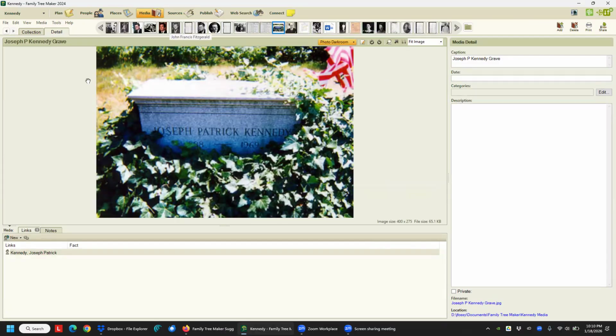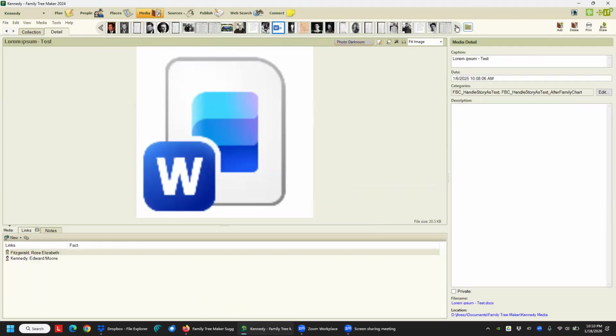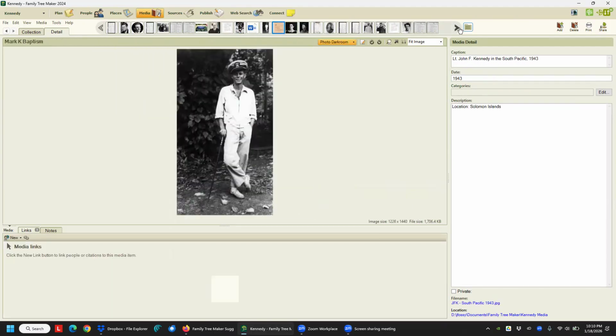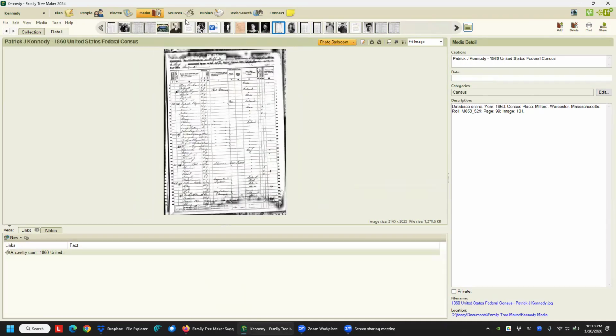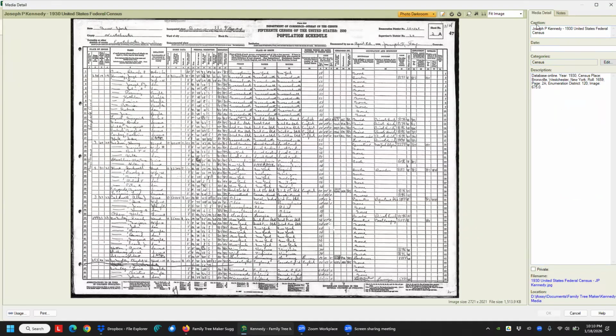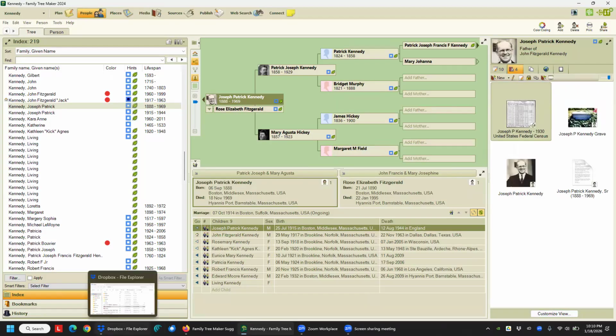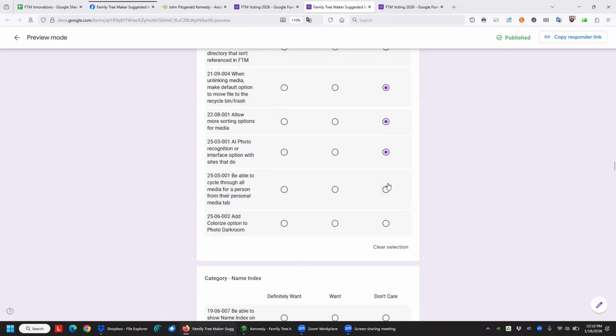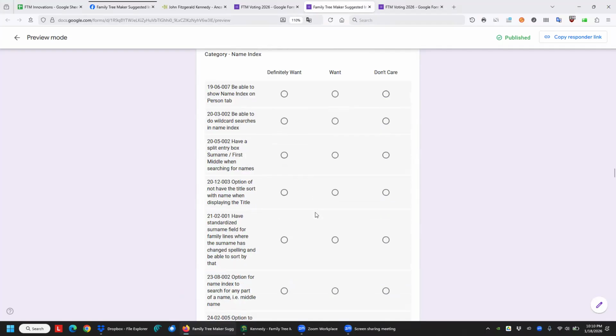what they want to be able to do is like, say, if you're on here, to basically just be able to cycle through only this, this is all the media in your tree. They'd like to be able to do this for, be able to cycle back and forth from here, so they can open it up full screen and just hit front and back to cycle through all the media attached just to that person. And so that's what that suggestion is asking for. And then here in the photo darkroom, to add a colorize option for the photo darkroom. So that's pretty